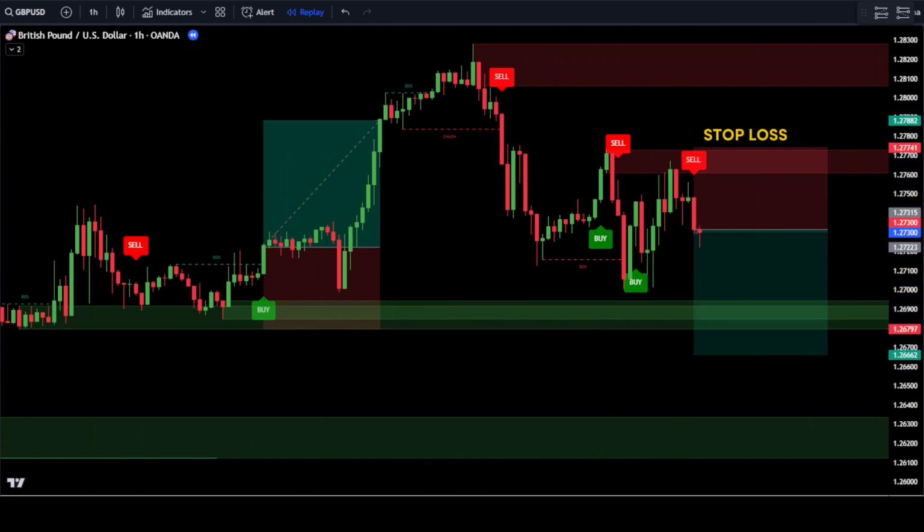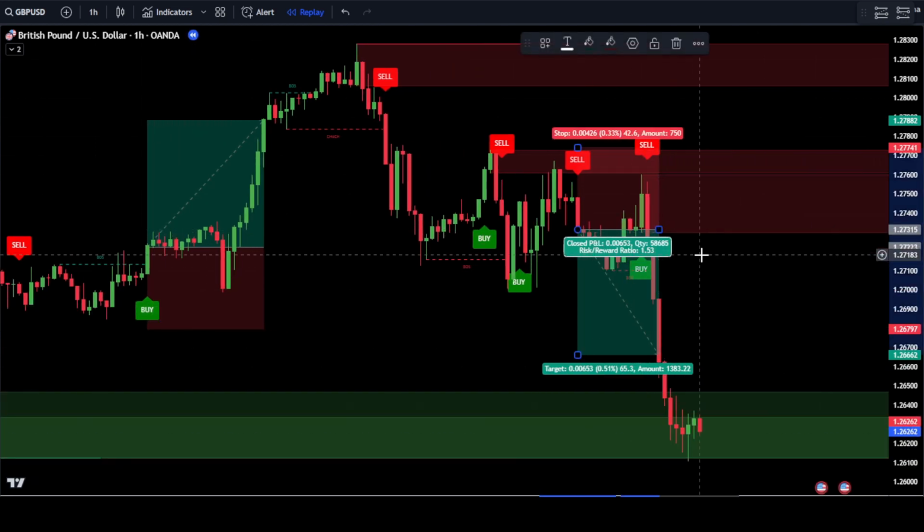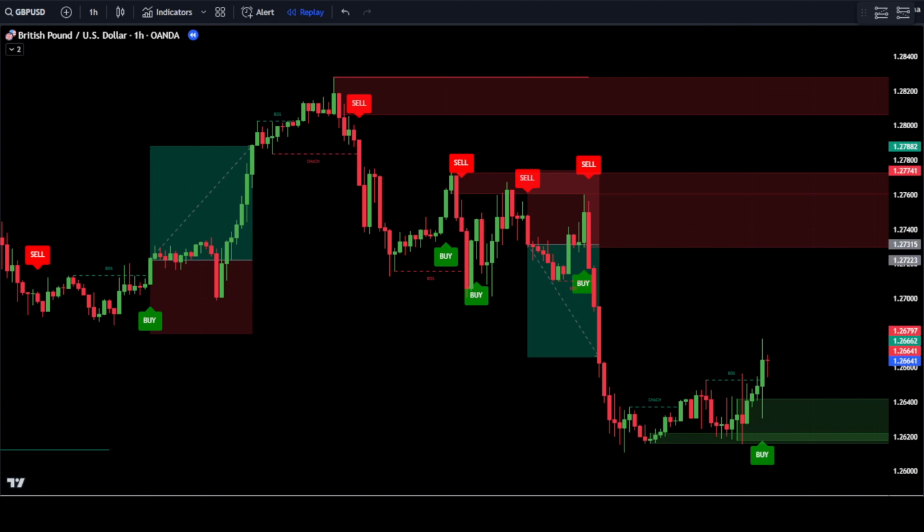Set the stop loss above the bearish order block area. Target take profit using a risk-to-reward ratio of 1 to 1.5. However, if you want to achieve better results, you can use the second method. But before we discuss this second method, let's add one more indicator that will be used as a trend guide